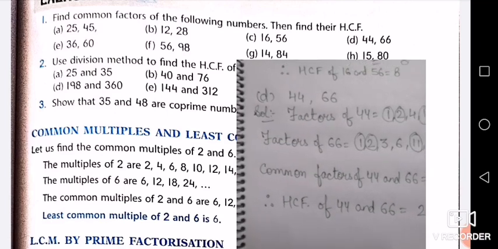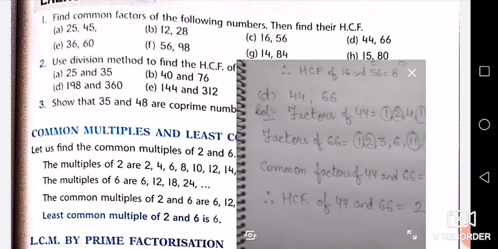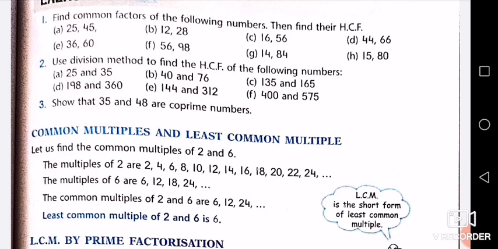So I hope the steps are very clear to you all on how to do these questions. Right now we have done A, B, C and D. The first four parts we have completed are related to common factors. Now the E part, that is 36 and 60. This E part you are going to do yourself. Here we will discuss it.